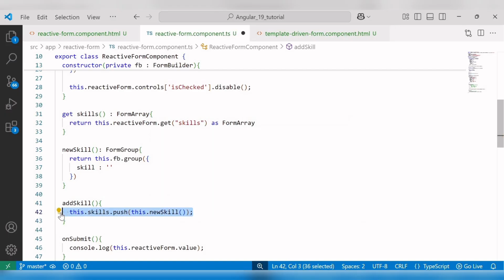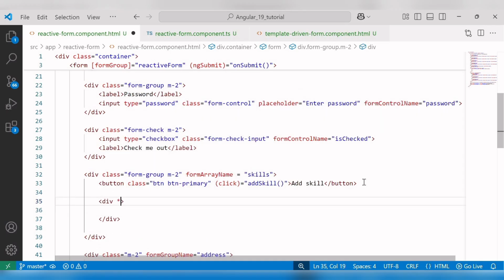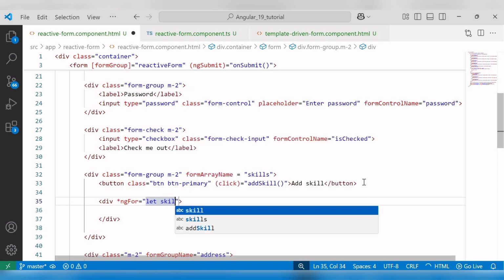So this creates a new form group instance using the newSkill method and pushes it into the form array using the push method. Now inside the template file, I'll use the ngFor directive to iterate over the controls in the skills form array. So here inside the div, let me use *ngFor equals to let skill of skills.controls,